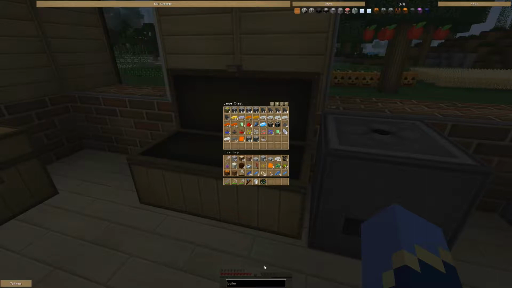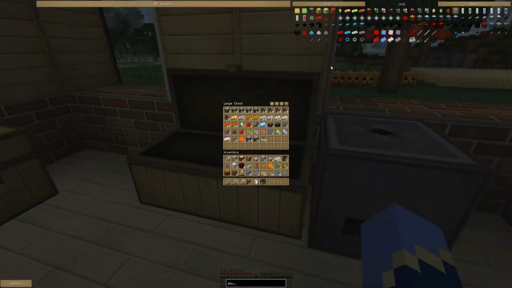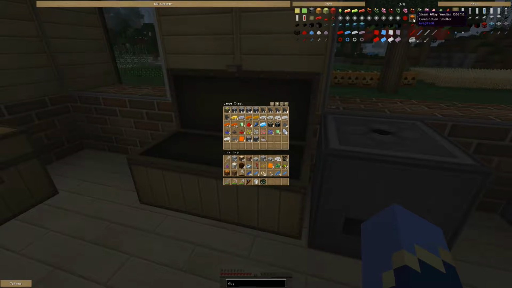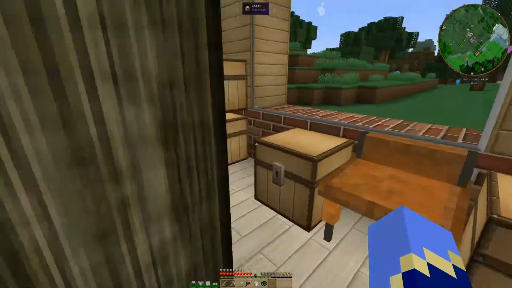So for that, we're going to need... Where are you? Is it? Oh, I think I saw it. Right here. Steam alloy smelter. So, bricked bronze hull. Hey, I think we actually have 5 for that, so...